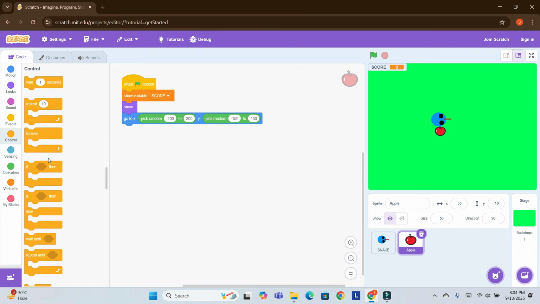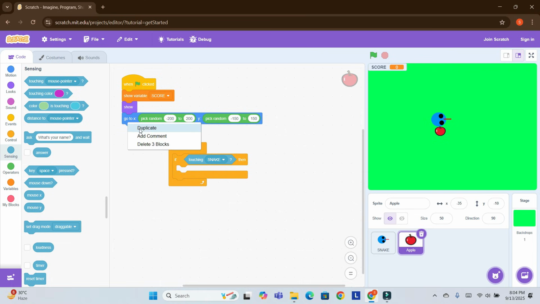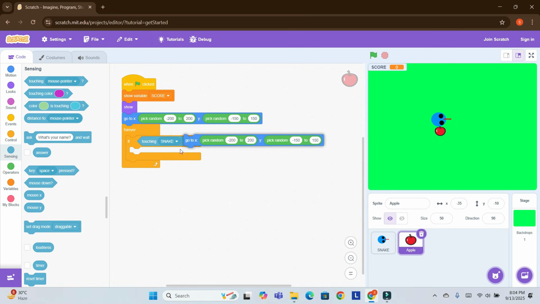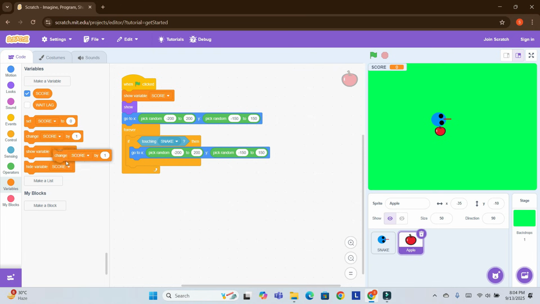Now let's go to control, forever, if then, go to sensing, touching snake. Now duplicate this and paste it here, and go to variables and change score by 1 and put it here. Change wait lag by 0.05 seconds. So our game has been completed.